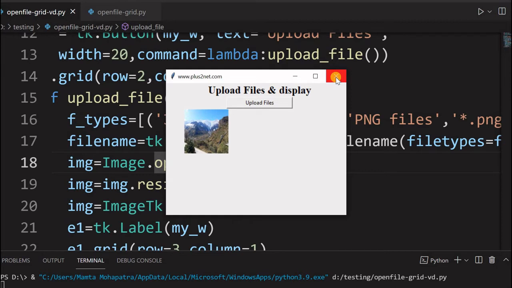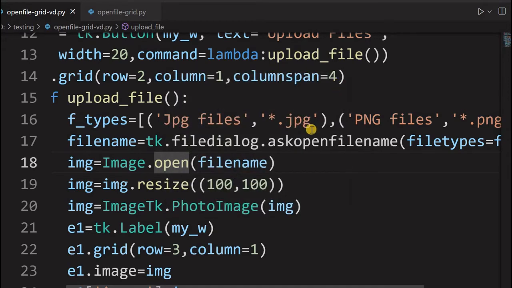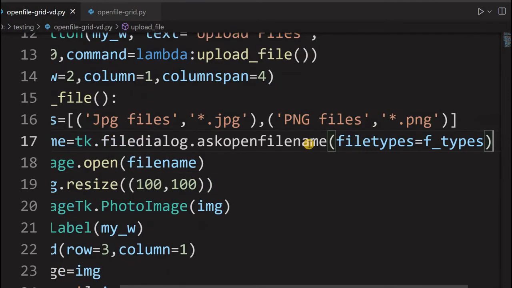We'll add that 3-line code subsequently to maintain the aspect ratio of it. Now we'll move to one of the important parts, where you'll use the option to upload multiple files and generate them dynamically. So let's close this, come here, add the option here.